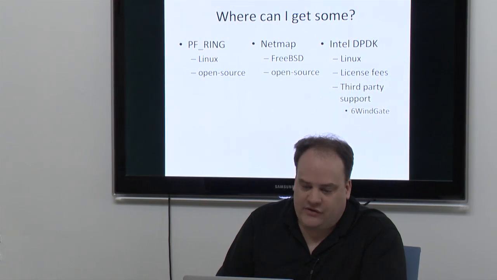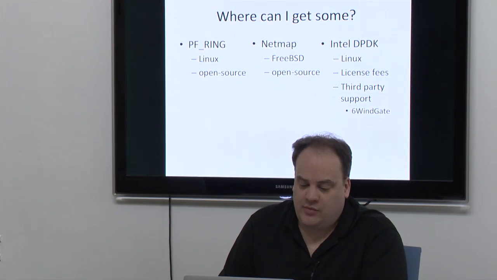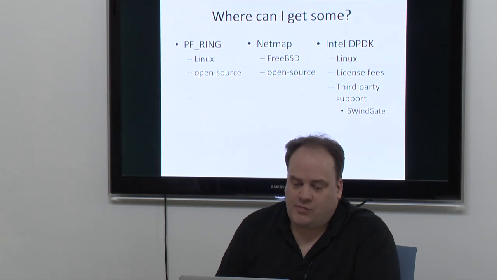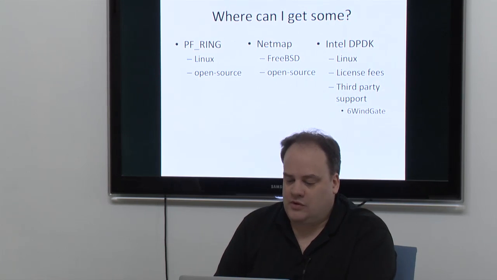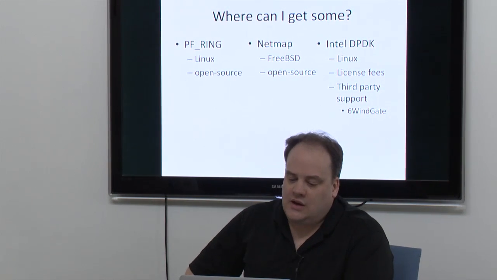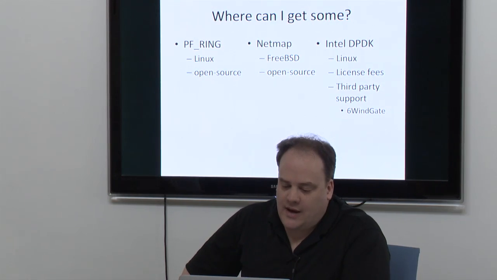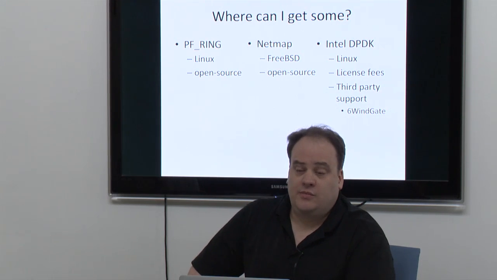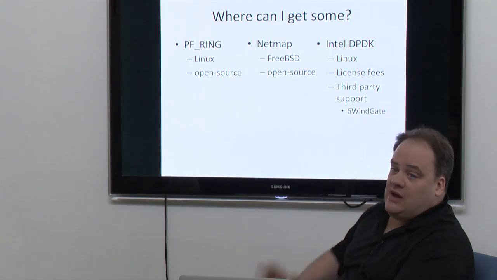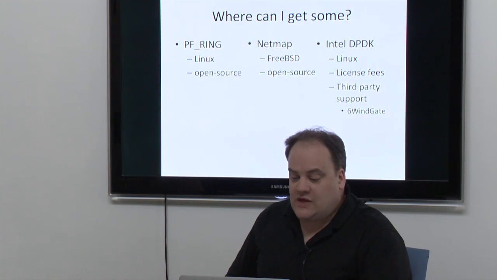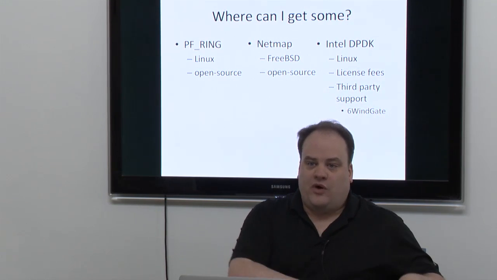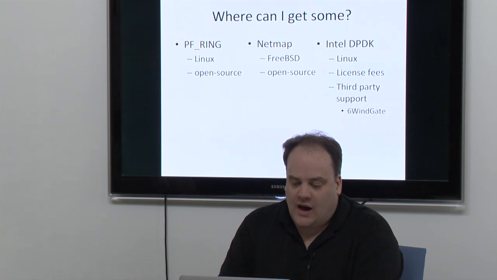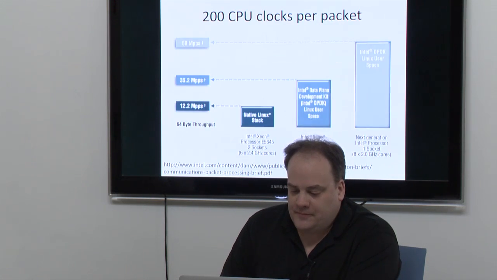So for you guys, you can play with pfring, or NetMap on FreeBSD. Both of these are okay. Intel has, for commercial people, you might want to license Intel's DPDK. It's called Data Plane Development Kit. There's more third-party support for Intel stuff, so you can buy your own user mode TCP/IP stack on Linux called 6WIND, which actually works pretty well, and which a lot of these network appliances use inside, like on an 8-core MIPS processor or something. But these would be the things that you play with.